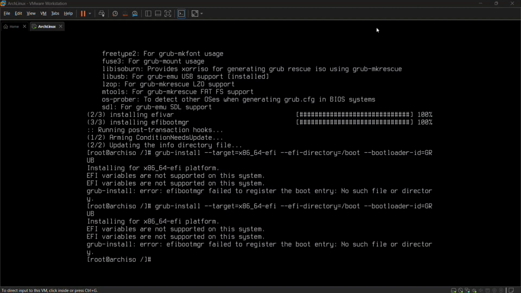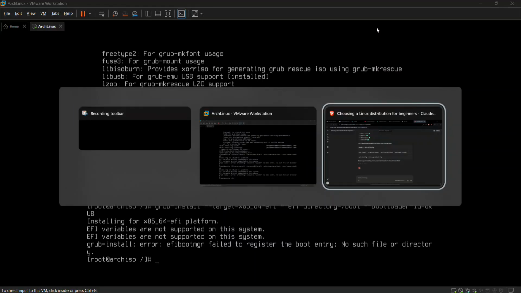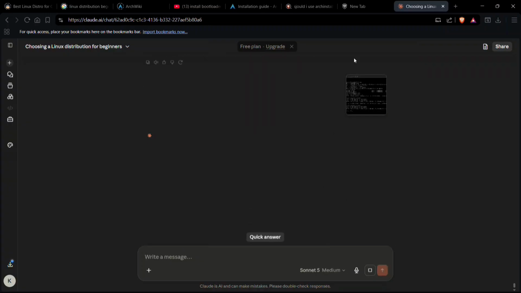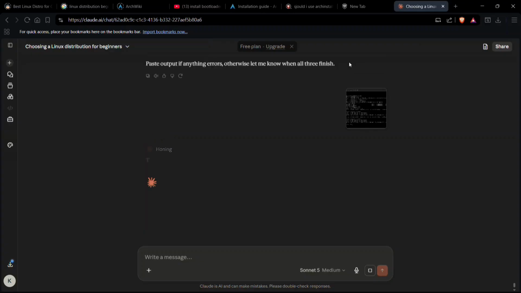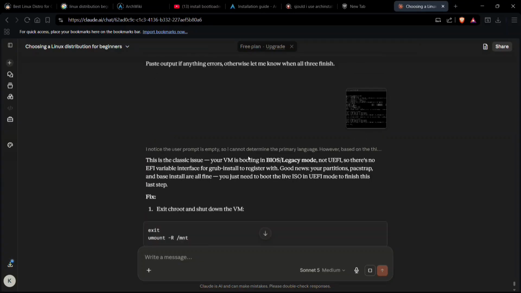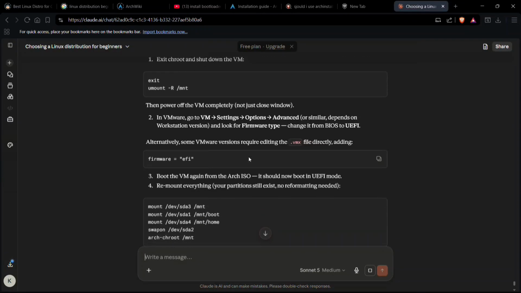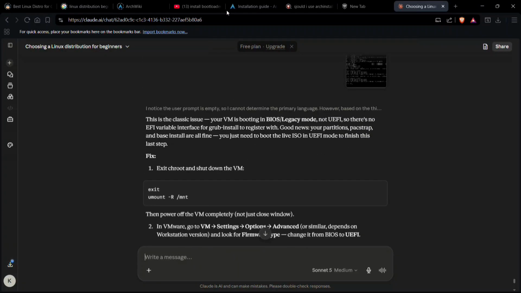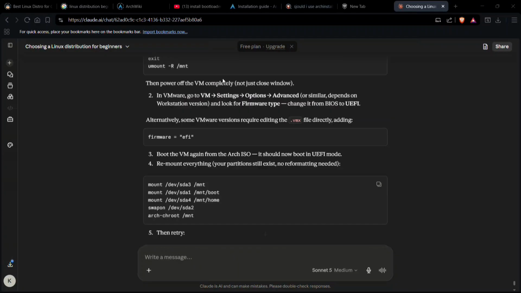I was trying using the Claude commands and it doesn't work. So I'm pasting the images to Claude. I don't know where I am and what I'm doing. I just know that I'm installing the bootloader that will boot my Arch Linux whenever I want it to. So exit and mount. What is this? What EFI? Claude said